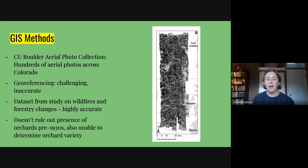Not a lot into the valley or the plains area, but they definitely had some advanced GIS skills and were able to stitch this all together, which was really critical to my project. Interestingly, they were using it to track how wildfires had changed forestry over the last 80 years. And this is public data, so if anybody does use GIS and wants